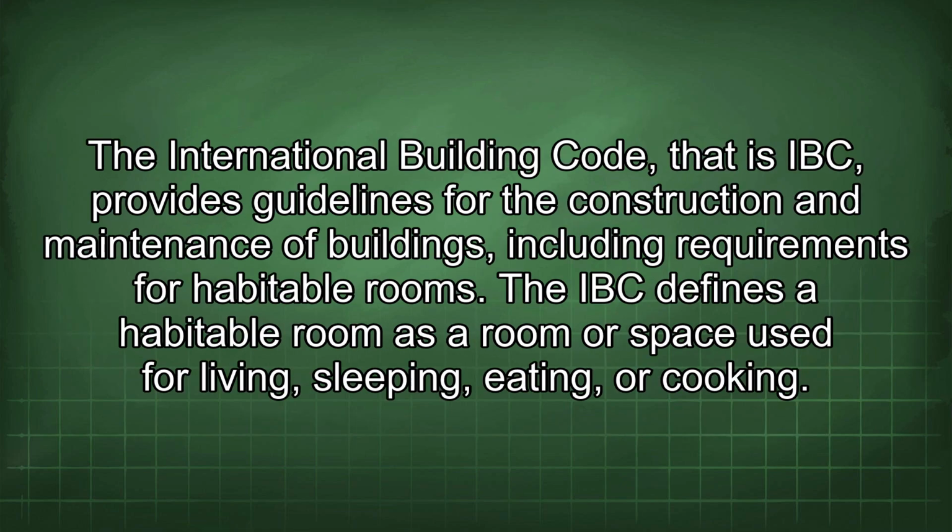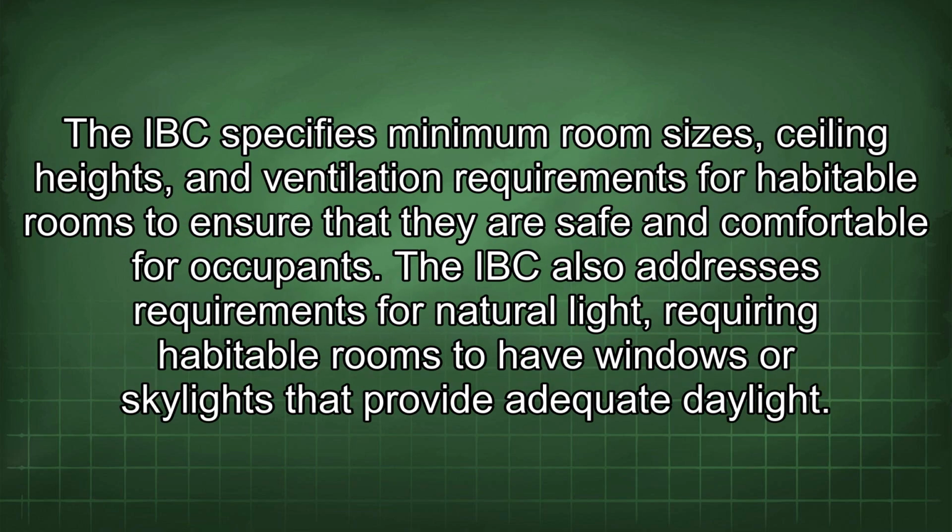The International Building Code, that is IBC, provides guidelines for the construction and maintenance of buildings, including requirements for habitable rooms. The IBC defines a habitable room as a room or space used for living, sleeping, eating, or cooking. The IBC specifies minimum room sizes, ceiling heights, and ventilation requirements for habitable rooms to ensure that they are safe